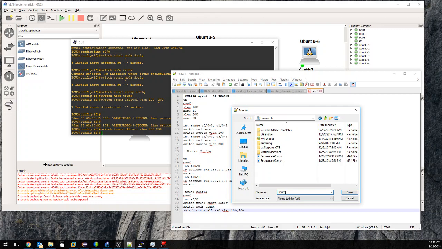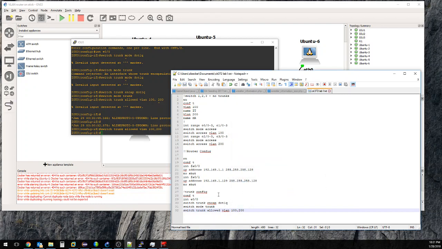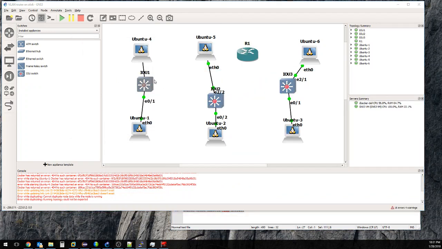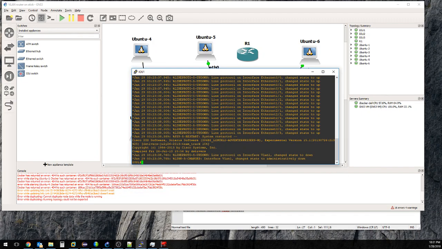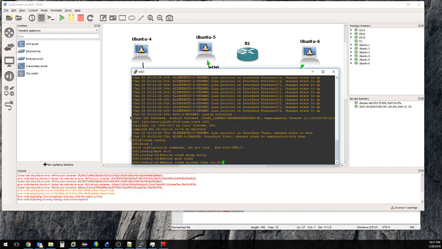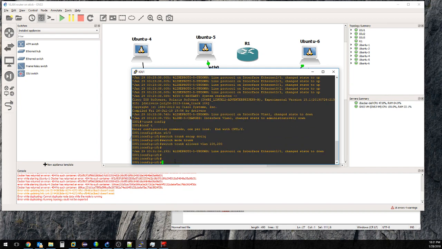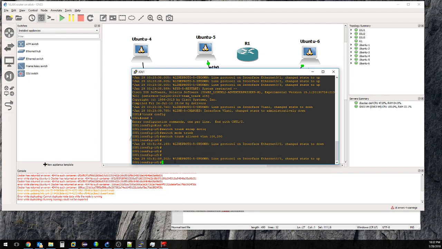CIT 372 lab 1. So I have a record of this, and I got it fixed now. Copy that, and we'll come over to this guy and paste that in. So it brought down the interface, brought it back up. Should be all configured. If you want to make sure,